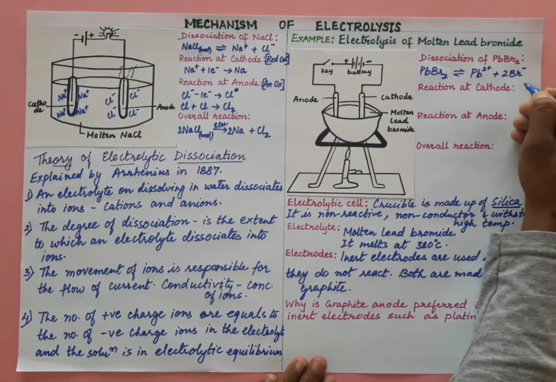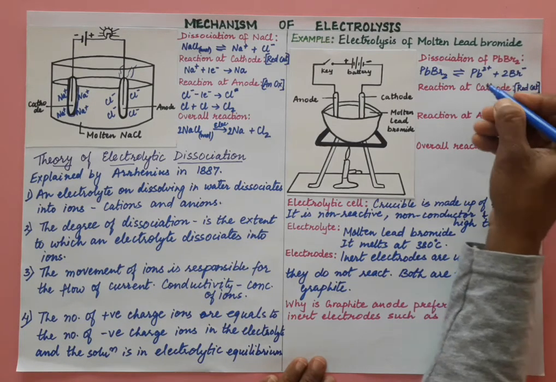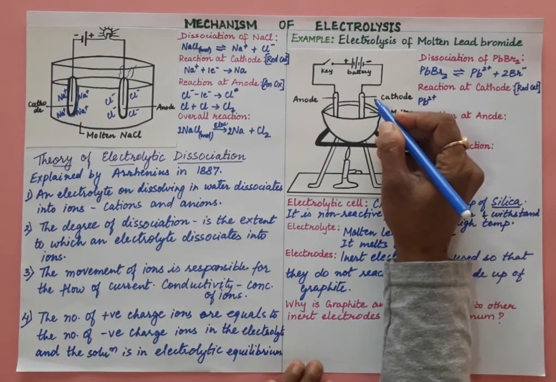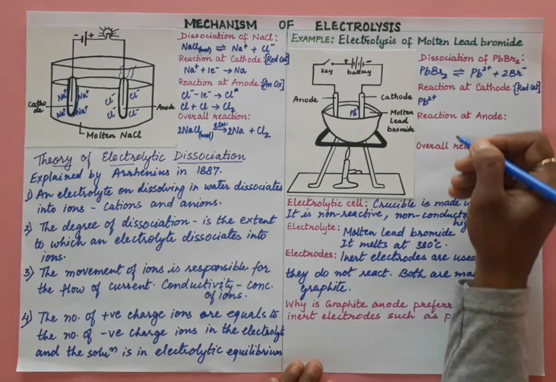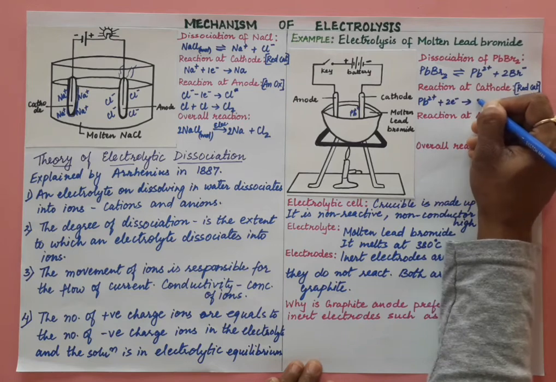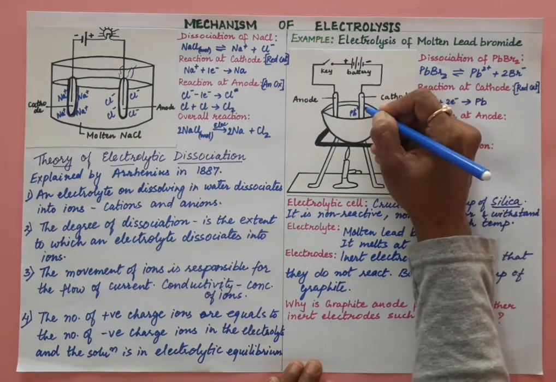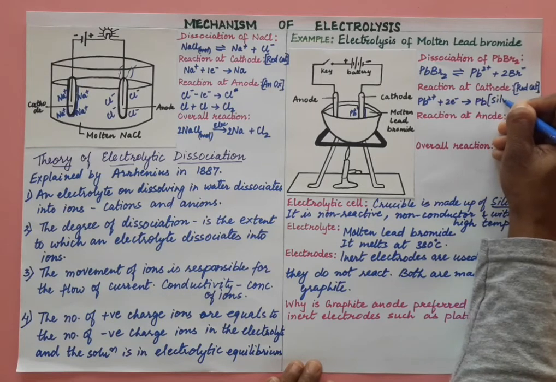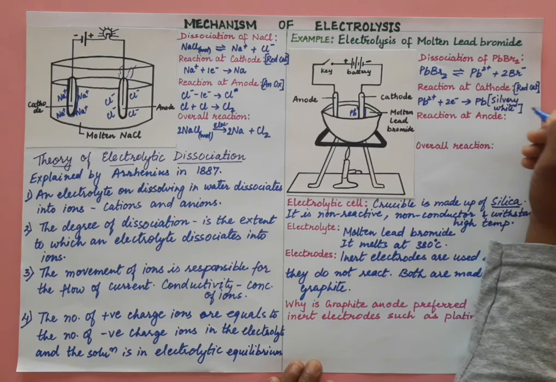Again let us remember, it is RED CAT: reduction at cathode, as cations are always electron deficient. So all the lead ions will move towards the cathode. Pb2+ ions are electron deficient. They will gain 2 electrons and convert into Pb. A silvery white deposit of lead is seen on the cathode. This observation we have to remember.